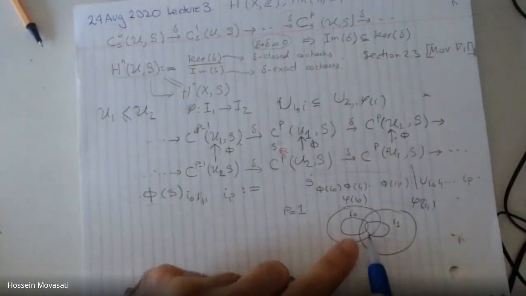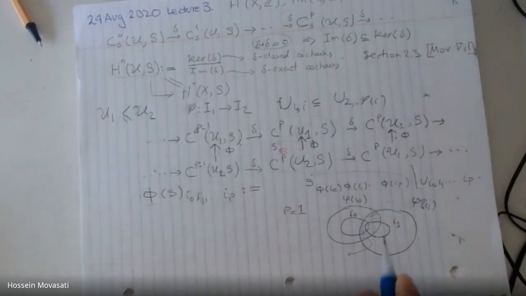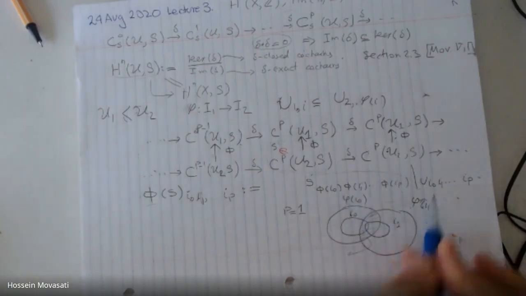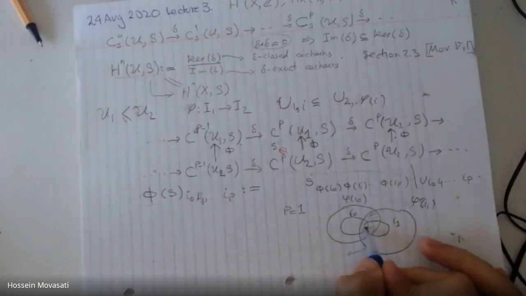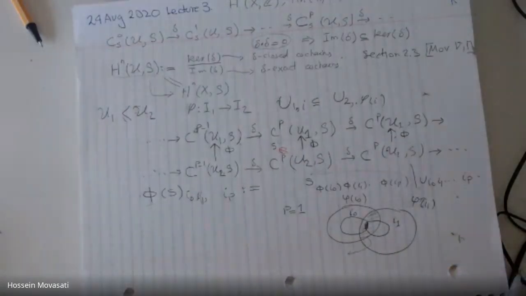This means that I have taken S, which can be evaluated in this intersection, and at the end I am restricting over the intersection of these two. Okay,